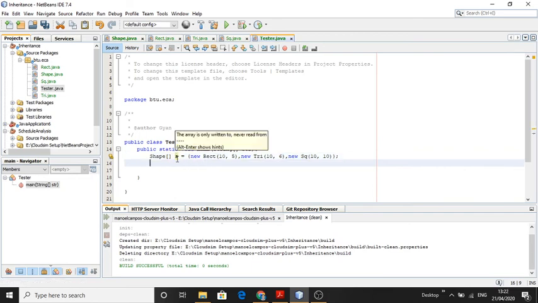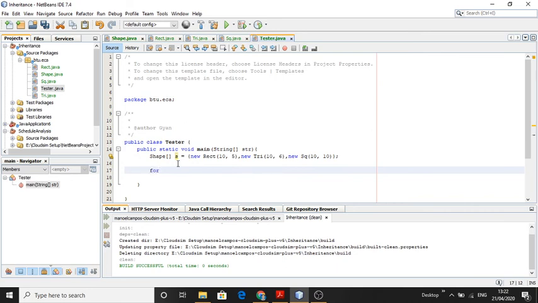So s[0], s[1] and s[2], and the objects of the rectangle, triangle and square are the child classes of Shape, and we use the reference variable of the parent class and assign the objects of the child classes. Now see here, we just create a for loop, integer i equal to 0, i less than 3 and i plus plus.